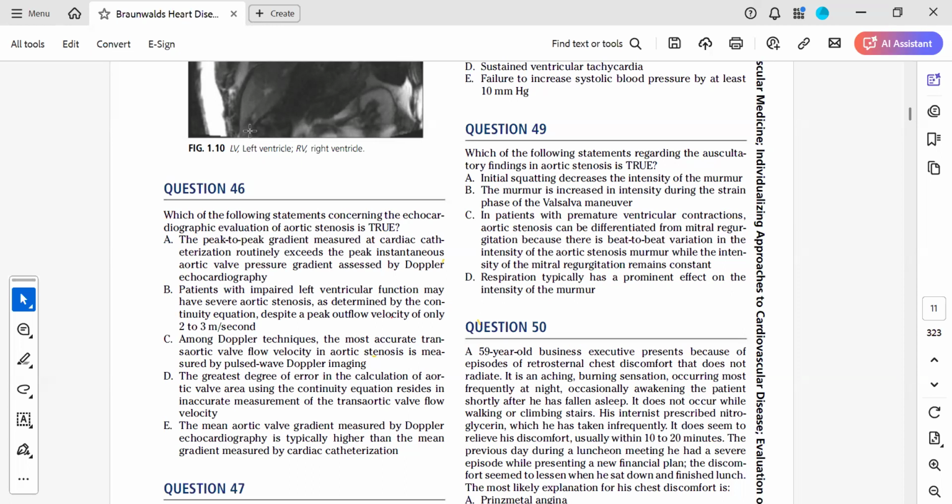Option D: the greatest degree of error in the calculation of aortic valve area using the continuity equation resides in the inaccurate measurement of the transaortic valve flow velocity. And option E: the mean aortic valve gradient measured by Doppler echocardiography is typically higher than the mean gradient measured by cardiac catheterization. So we've discussed some of these options this evening, and we know that the ways of assessing the flow across the aortic valve to assess the severity can be done in